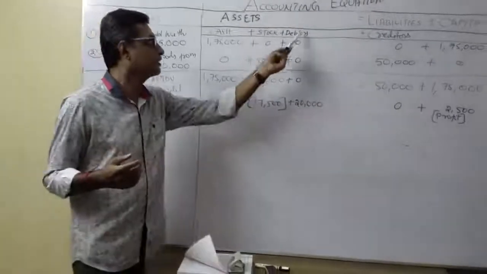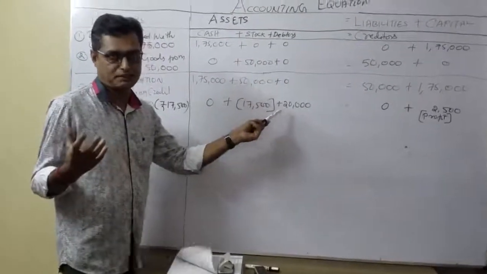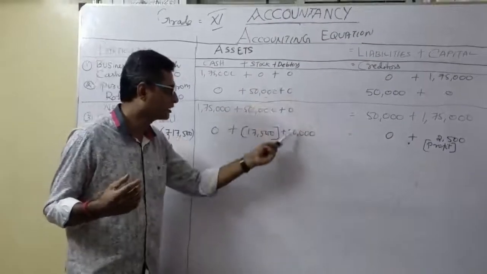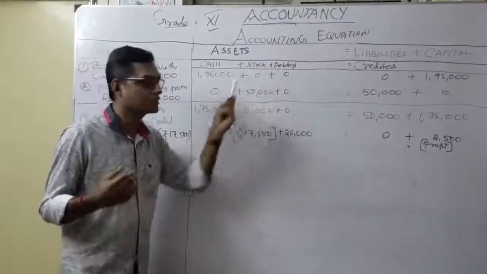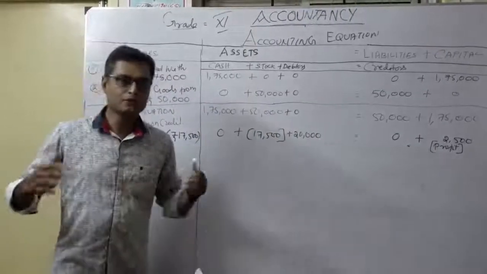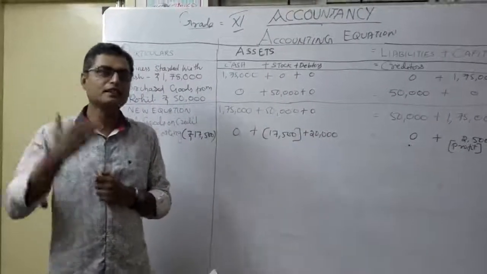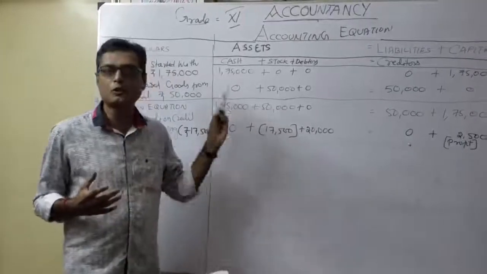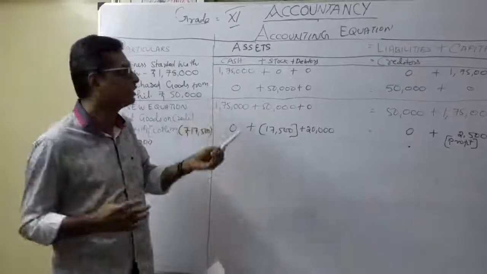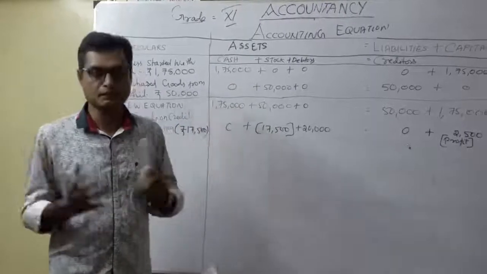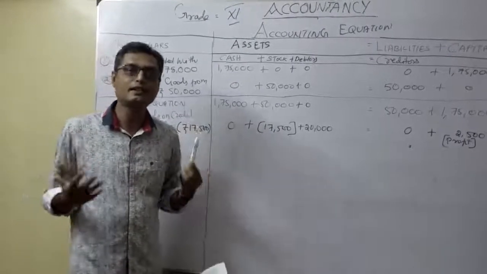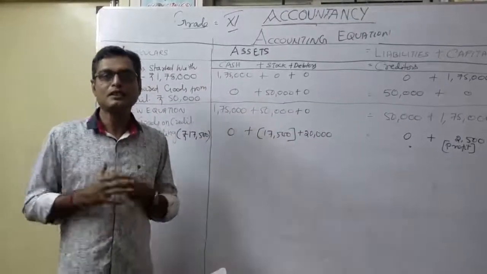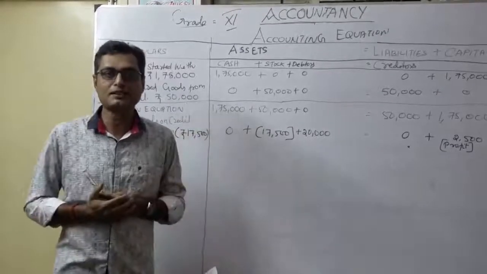Okay, that's why debtors. Because we are not getting cash immediately. Okay, later on we collect money from him. That's why I shown under debtors. So these cash, stock, debtors, we already discussed in accounting terms, correct? Again we're going to revise, but you don't worry. Again we're going to revise chapter 1, chapter 2, chapter 3, in the same manner. Okay. So now that you are going to understand the accounting equation, you can follow all accounting terms and all the concepts. Now you can recollect. Now practically when you are doing the accounting equation, definitely you can feel the real understanding of the theory basis, right?